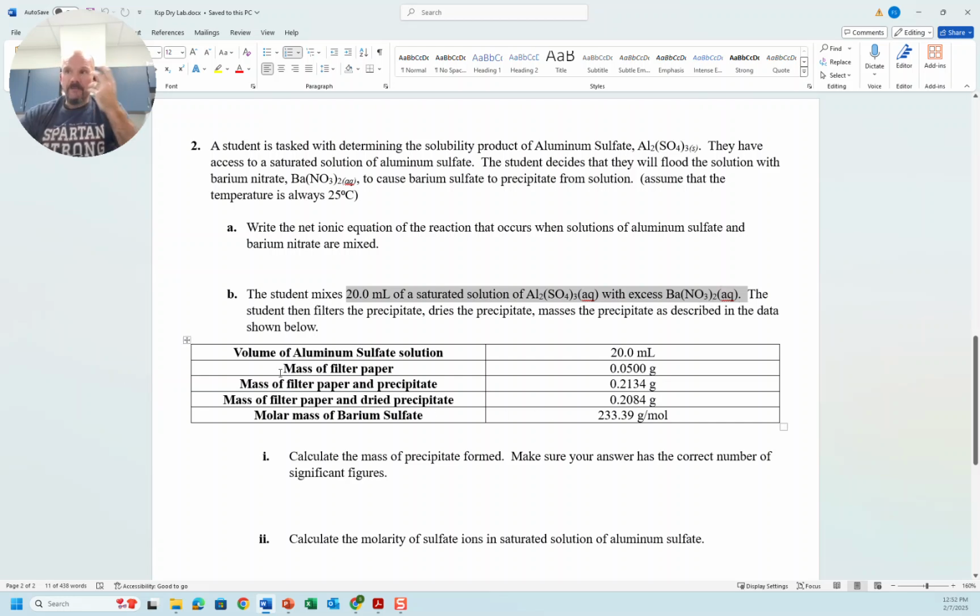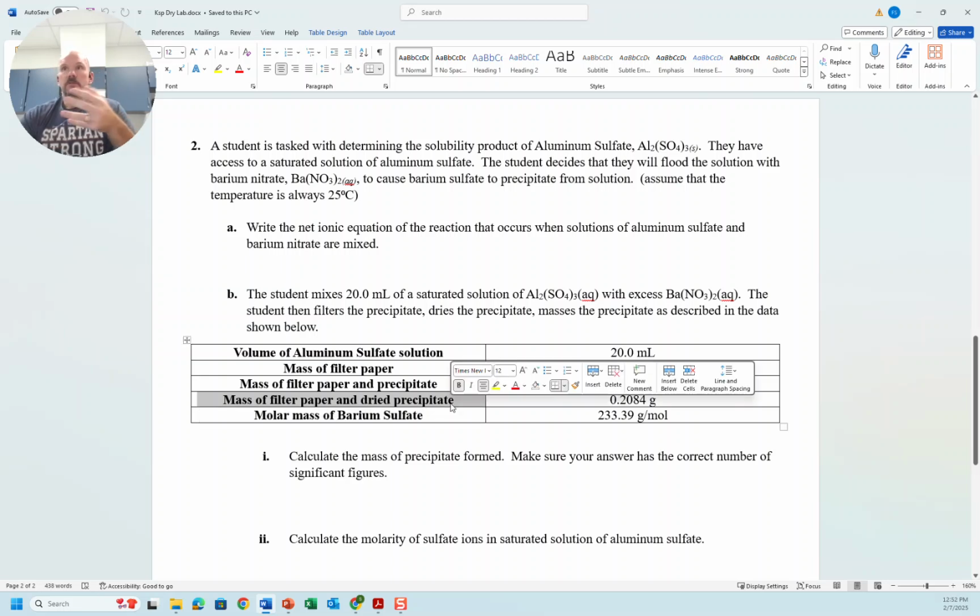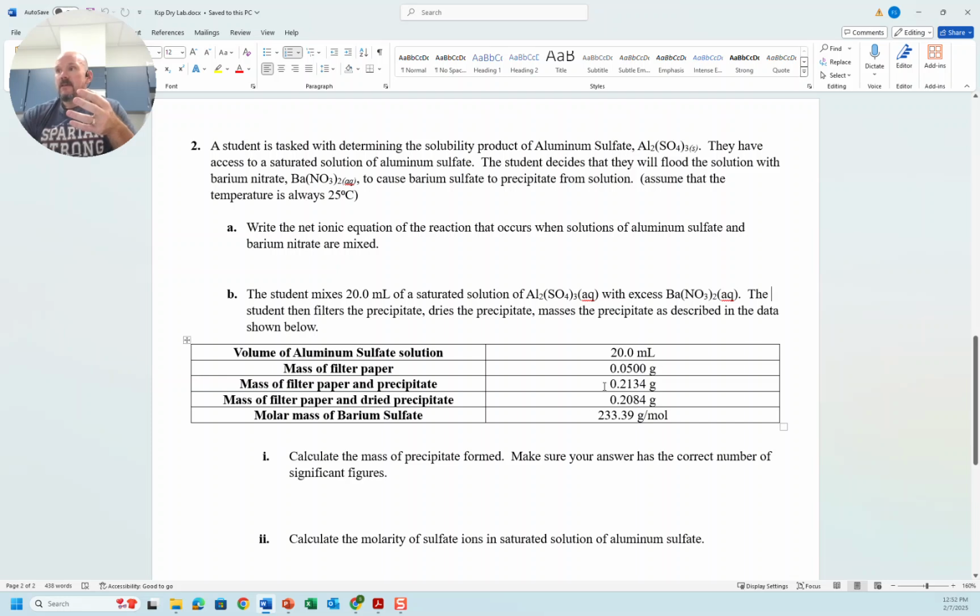Okay. Now be careful. This happens sometimes on the AP exam. They give us the mass of the filter paper and the precipitate, but then they give us the mass of the filter paper and the dried precipitate. Which should you use? You should use the dried one, because if you use the other mass, then that's implying that some of that mass is water and it's not all the precipitate, and then you would overcalculate your moles of sulfate, and you would get a higher concentration for sulfate and a higher concentration for aluminum and all that stuff. Okay. And they were friendly enough to throw in the molar mass for barium sulfate,